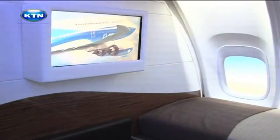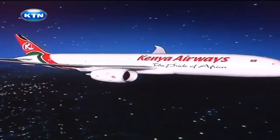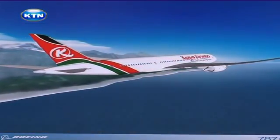Inside the airplane, you're going to see things such as higher cabin altitude, lower cabin pressure, all the things that the passengers will recognize as benefiting them on these long-haul flights. Larger windows, full spectrum LED lighting, so different things like that that are going to make these long-haul flights a little bit more comfortable. But besides the decor that's almost unbeatable, it's the efficiency that this jet promises that has seen the world's leading airlines, including our very own Kenya Airways, scrambling to make their orders, with KQ already having ordered 14